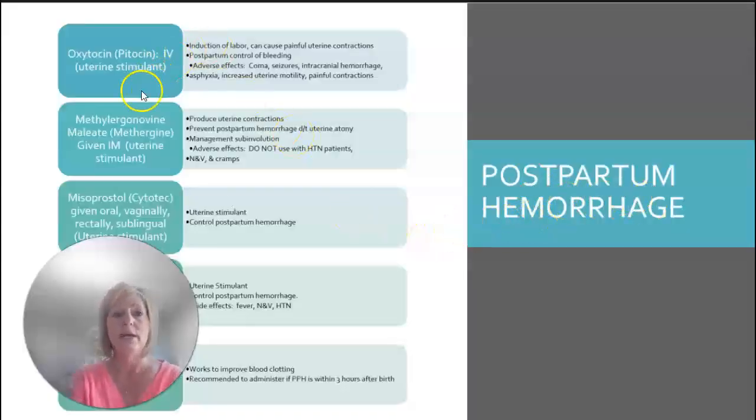Hemorrhage medicines. So hemorrhage medicines, we can use oxytocin. Again, we can use that one. We can use methylergonovine. That one we're going to give IM, and that's usually the second drug that we're going to use. The biggest thing about methylergonovine is we do not give it if mom is hypertensive, because it does cause hypertension. So we do not do that in those patients. But it will help with uterine atony and tighten up that uterus to make it clamp down. So oxytocin, methylergonovine,